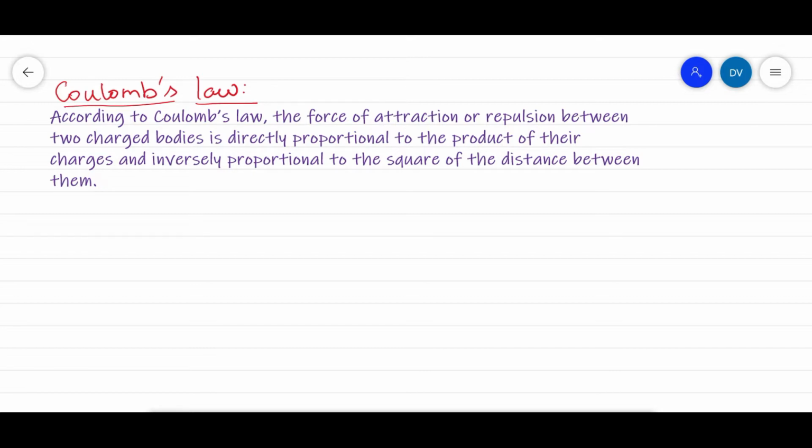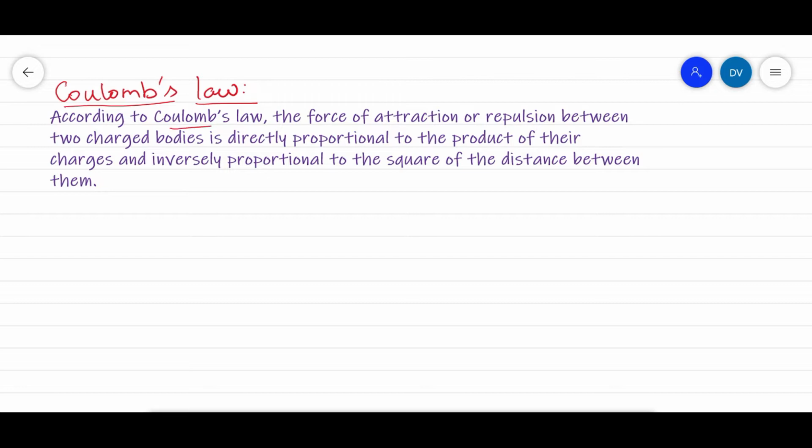Okay. And let me start with the statement first. But my way of teaching will not be like, I won't start with the statement. But for you, for better clarity, I am starting with the statement. Always it is very easy to go from the formula. Once I read the statement, I will tell what trick you can follow to remember the statement as well as the formula.